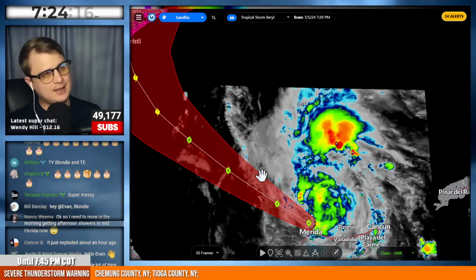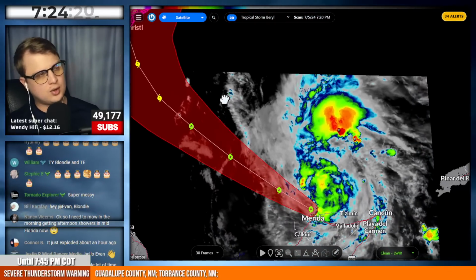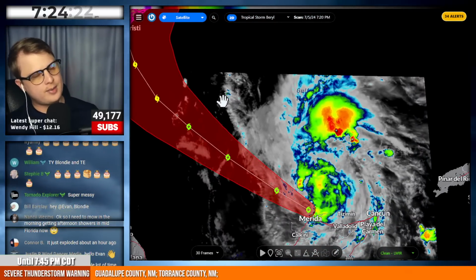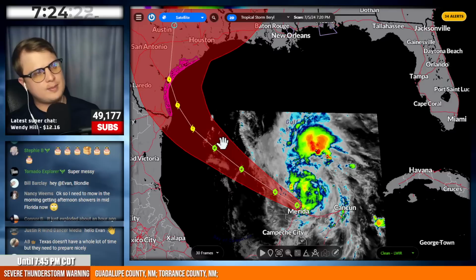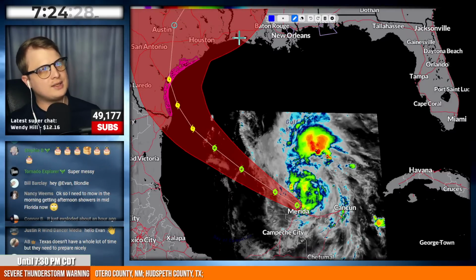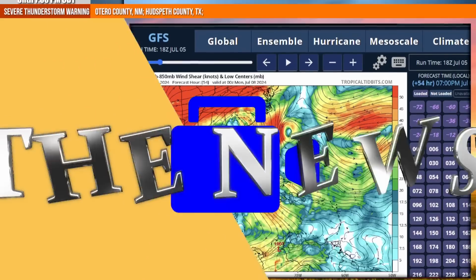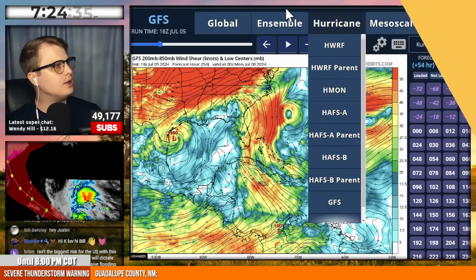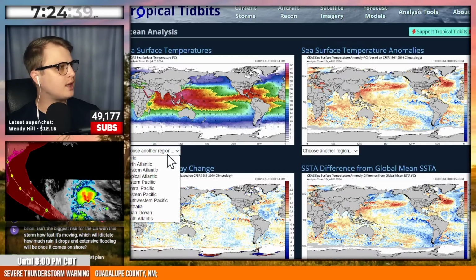If it gets its act back together on the northern side of this cone, then we're probably going to have to pay attention to this storm a little bit more. Hopefully the shear will be a little bit higher than anticipated. If it's not, then we might see a stronger storm, especially as it will have a longer time. Because again, if we come back over to this scene over here, and we come over to the analysis tools, go over to the ocean analysis,